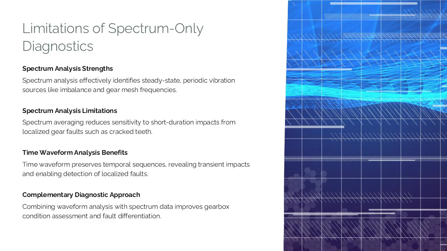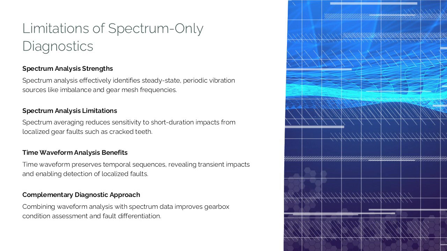Spectrum analysis transforms vibration signals from the time domain into the frequency domain, making it highly effective for identifying steady-state, periodic vibration sources such as imbalance, misalignment, and gear mesh frequencies. In gearbox analysis, spectra are commonly optimized to highlight gear mesh frequency and sidebands, which can indicate modulation caused by load variation or misalignment. However, this transformation process averages vibration energy over the entire acquisition time, which reduces sensitivity to